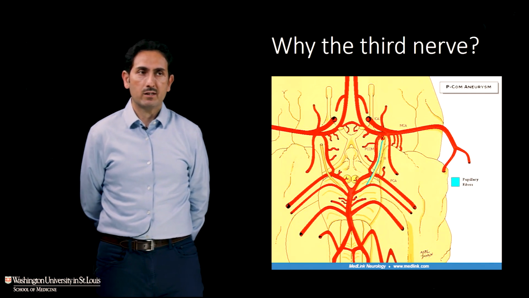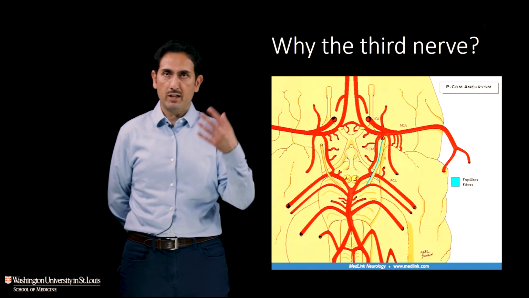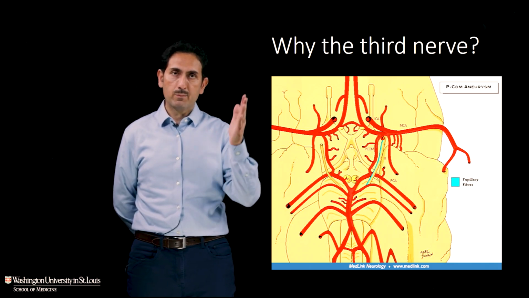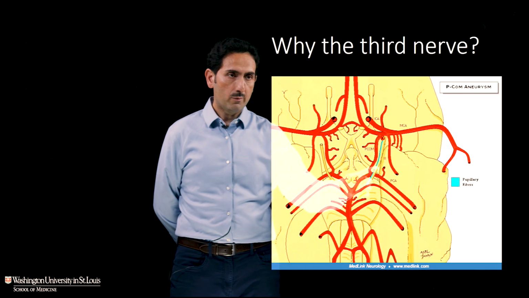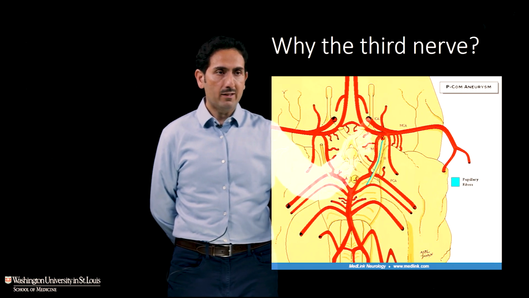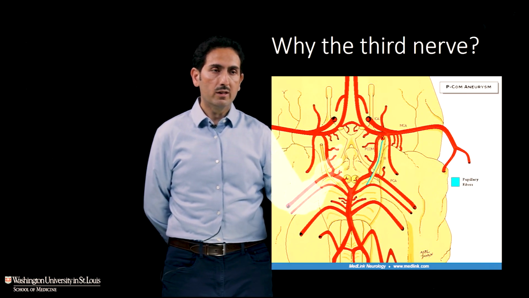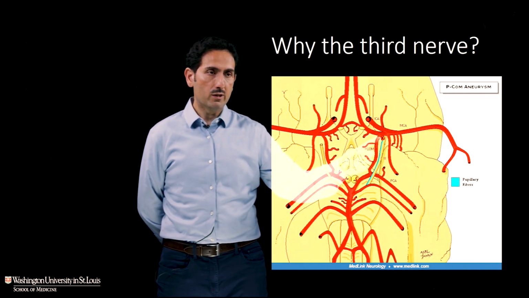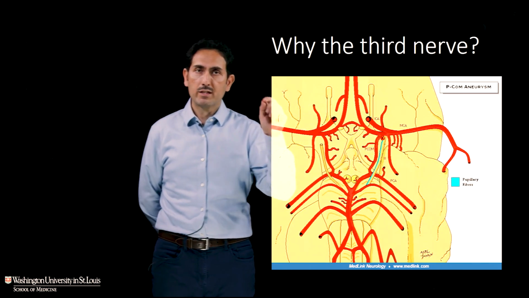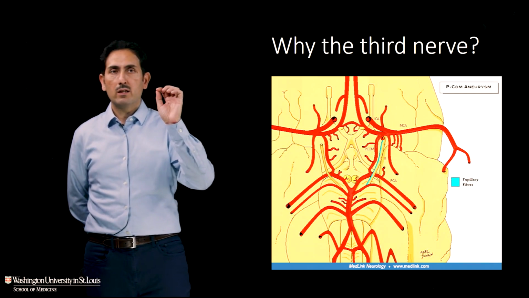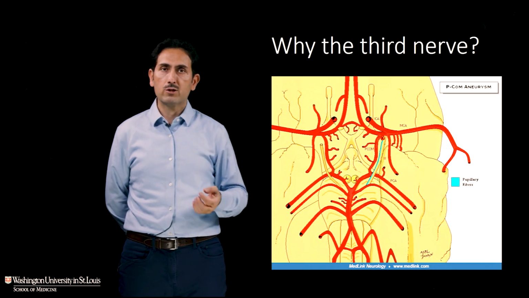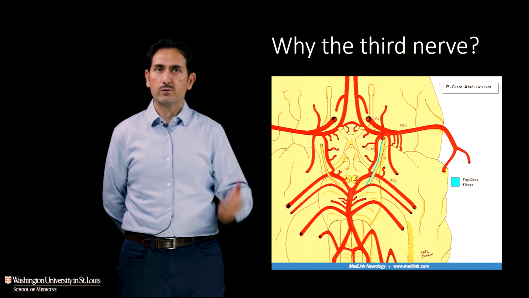So why is the third nerve affected in this patient who has a subarachnoid hemorrhage, or a brain aneurysm in this case? That's because of the proximity of the third nerve, which comes out of the midbrain, as shown over here, coming down around the brainstem, and the circle of Willis. The circle of Willis, which I'll come back to, is where the arteries of the brain run, and you have a blood vessel and a little aneurysm here that we'll show in more detail next. If that aneurysm ruptures, it can press on the third nerve, and because the third nerve controls all the eye movements, and also controls eye opening and the pupil, those features can cause double vision, droopy eyes, and blurred vision.